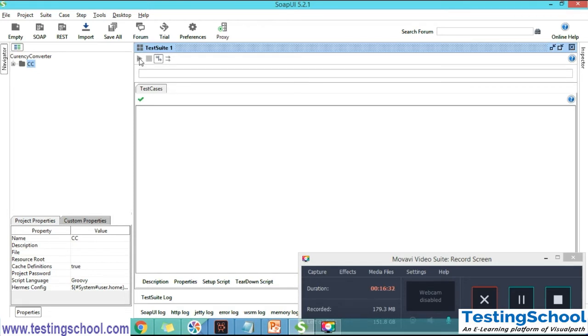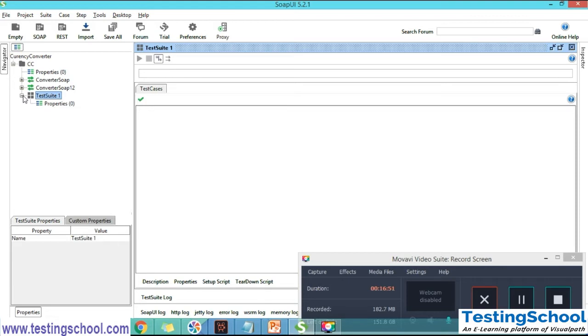Because we have just created the test suite, and under the test suite there are no test cases. That is the reason we can see it in disabled mode. Now we can expand this. Here we can see the test suite name. If you expand the test suite, you can see nothing is there.